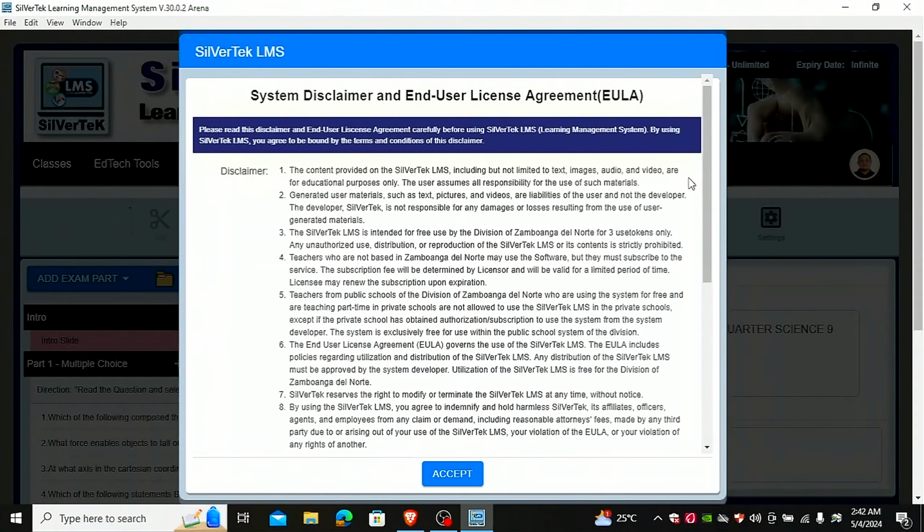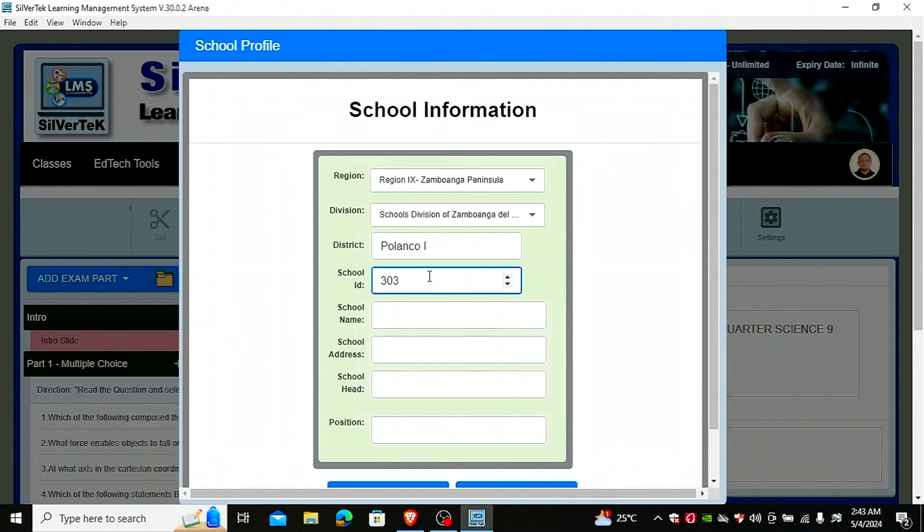So region, I have to select Zamboanga Peninsula, Division of Zamboanga del Norte. District, I have here Polanco 1. School ID 303-716. School name Polanco NHS. School address Poblacion South, Polanco ZN, Zamboanga del Norte.